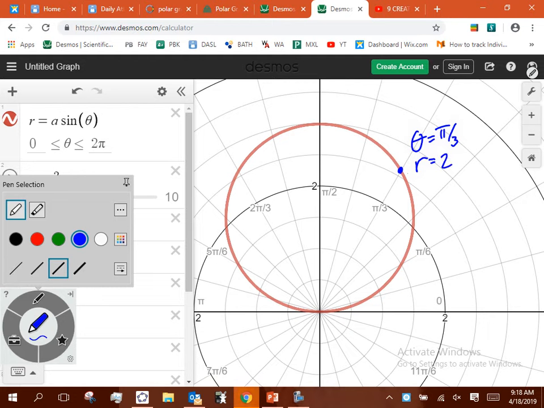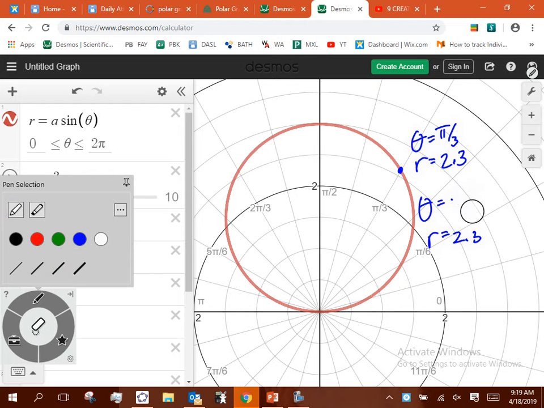I don't know, say it's like 2.3 or something like that. Okay? If I were to try then, let's try symmetry here. Let's see, theta equals negative pi over 3. If it gave me r to be 2.3, I would know I'd have x-axis symmetry. Does that make sense? It doesn't give me 2.3 when I plug that in, so I know I don't have